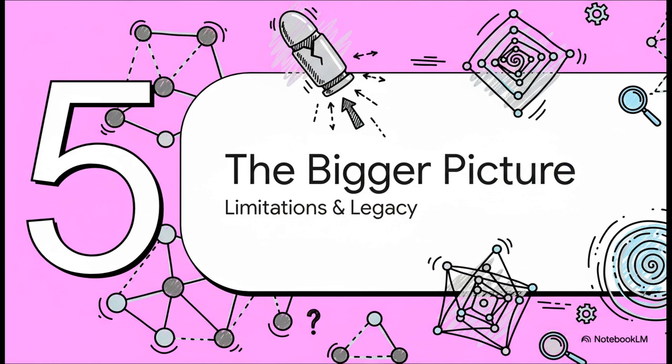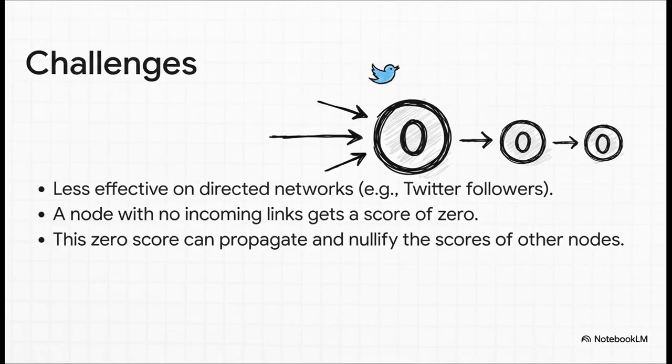Eigenvector centrality has its limits, and actually, understanding those limits is exactly what led to the development of even more powerful and probably more famous methods of analysis. So, the classic version we've been talking about works best when connections go both ways, like a friendship. It starts to run into trouble in what are called directed networks, where influence only flows one way.